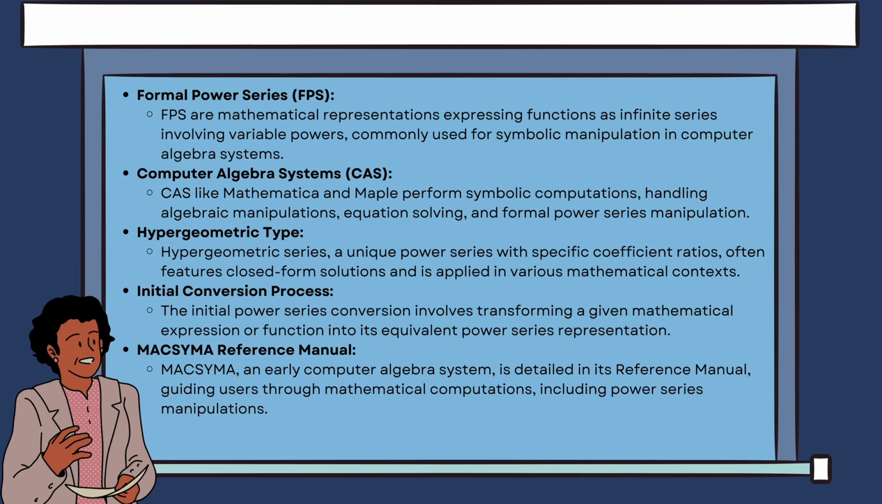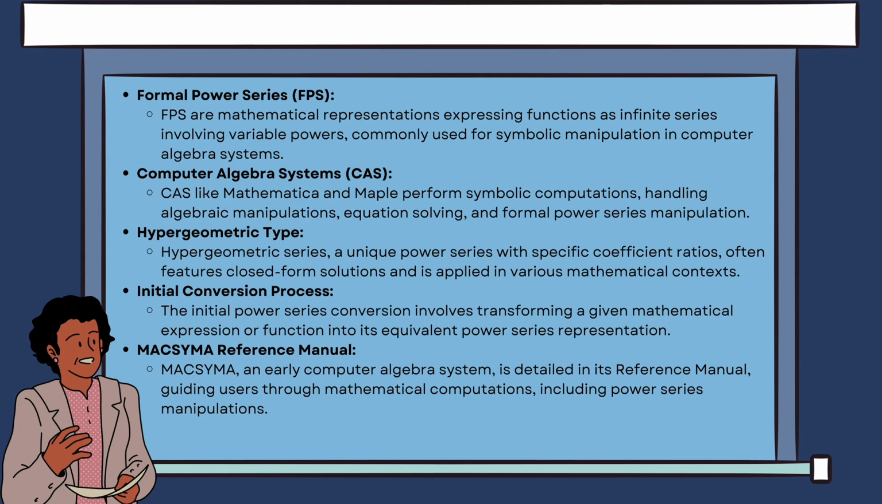Hypergeometric type. Hypergeometric series, a unique power series with specific coefficient ratios, often features closed-form solutions and is applied in various mathematical contexts. Initial conversion process. The initial power series conversion involves transforming a given mathematical expression or function into its equivalent power series representation. Maxima Reference Manual. Maxima, an early computer algebra system, is detailed in its reference manual, guiding users through mathematical computations